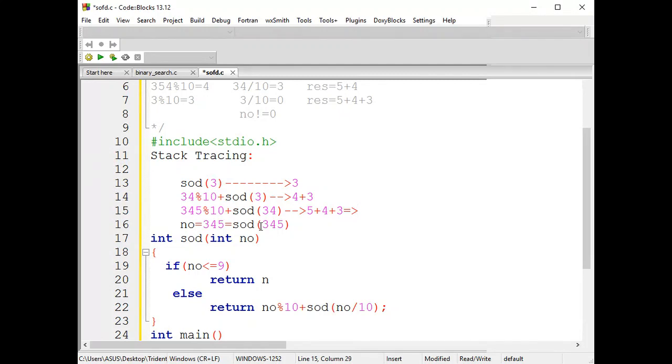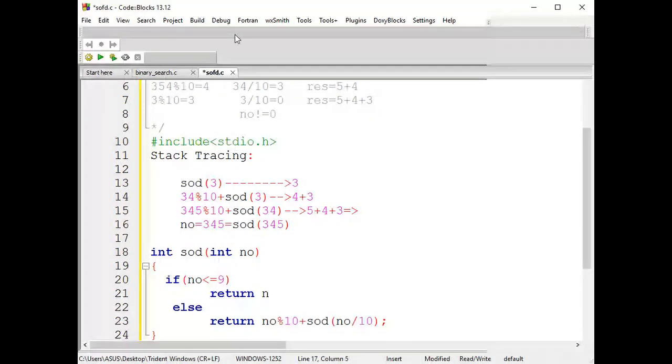Stack memory one by one. Sarat, Prasanna, few people are just now joining? I can see now only you are wishing. Are you people joining now, or only today you are joining? Guys, are you people clear with the stack tracing? How does it work? Do you have any doubt on it? No doubt. Okay.